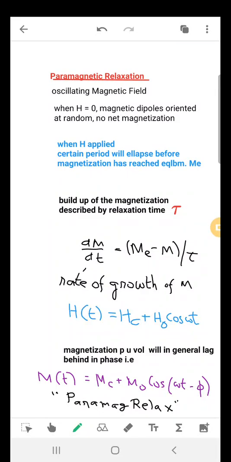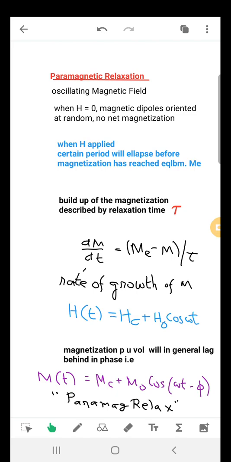Hello students, so in this lecture we shall take up magnetism. First one we will start with paramagnetic relaxation. Now we can visualize it in the case of an oscillating magnetic field. When the magnetic field is zero, the magnetic dipoles are oriented at random, and so there is cancellation and there is no magnetization. Now when a field is applied, that means an oscillating magnetic field, certain periods elapse